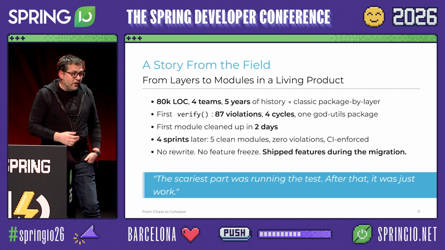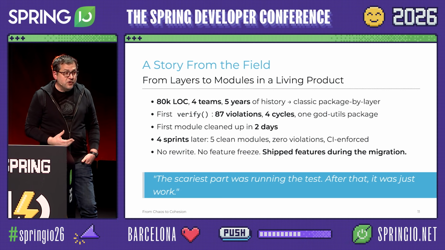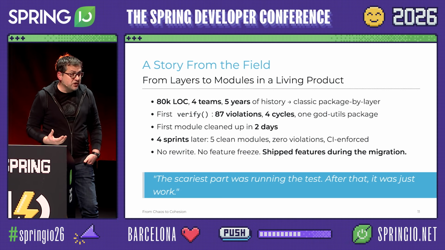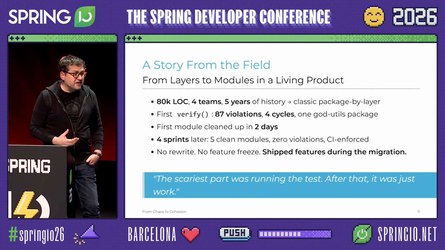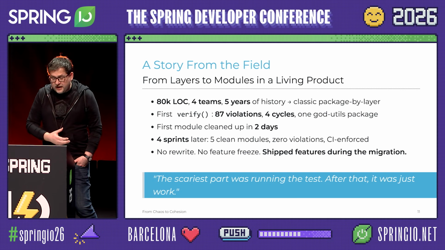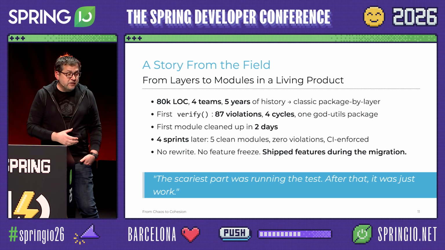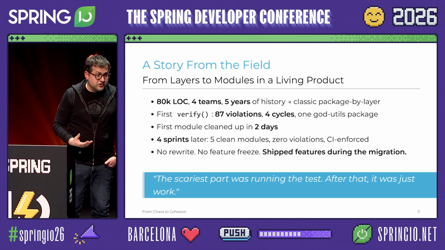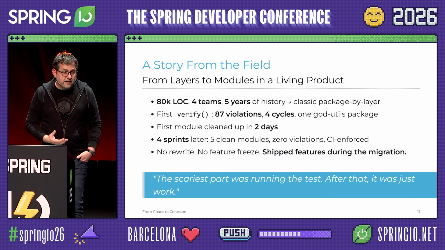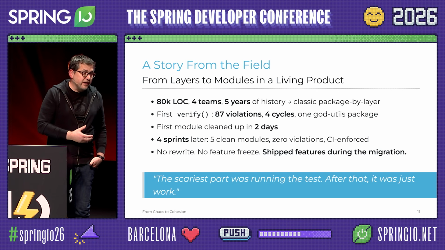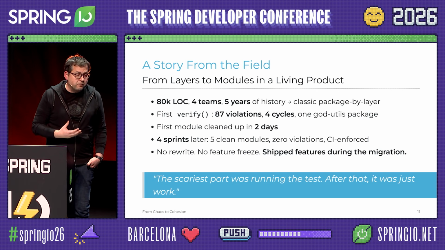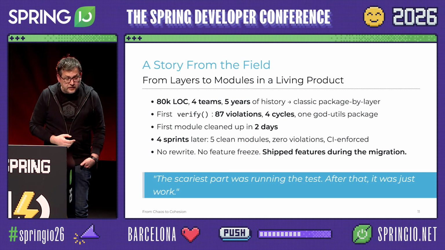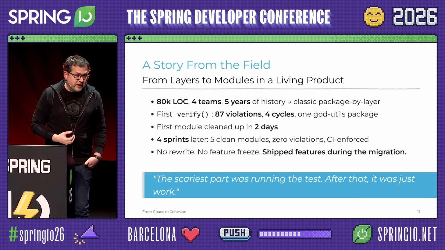And even for the product people, it was awesome, because we did not do a rewrite. There was no feature freeze involved. We just did it gradually over time. It was so much easier, and we shipped features during the migration. And that's how it should be. We can still run the project. There is no feature freeze. We can always deploy something to production, and we are always on the safe side, and we can earn